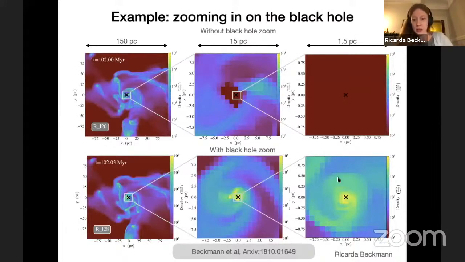And the reason for that is that if we look at the central region around the black hole, what we start building up very quickly here is a nuclear disk. So this is not the accretion disk. We're still at scales far above where you'd classically study an accretion disk, but this is clearly a disk-like structure in the center of the galaxy, in the potential of the black hole, that is feeding this black hole over time and also acting as a buffer to the accretion.